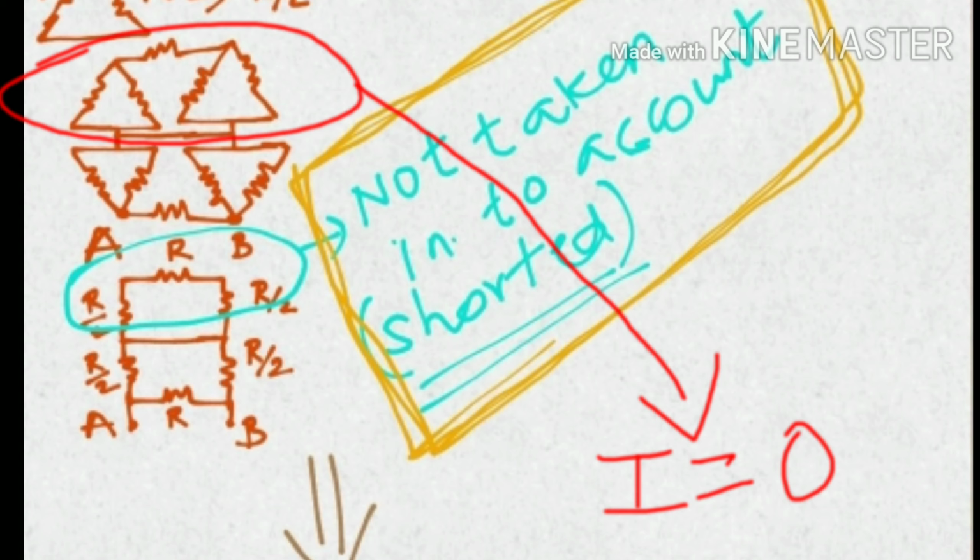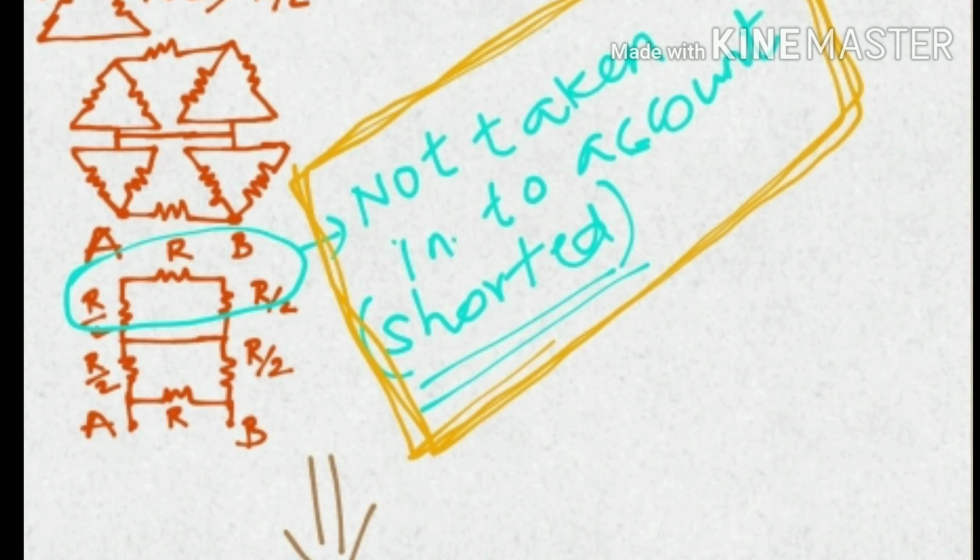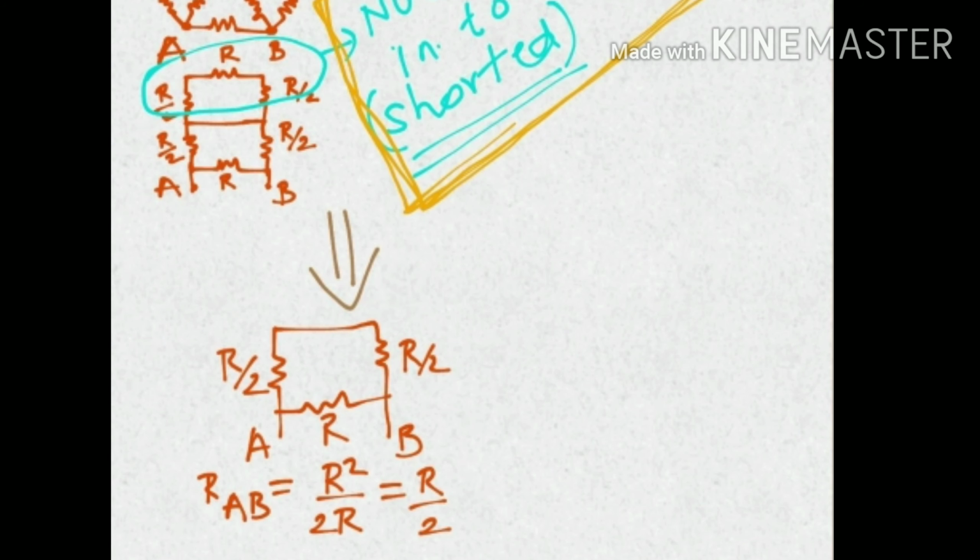So moving to the next section. I have circled in blue color where the current is not flowing, because on shorting the circuit, the total current will be flowing through the shorted path, and not through the resistor which I have marked with the blue line. So there is no current through that region.